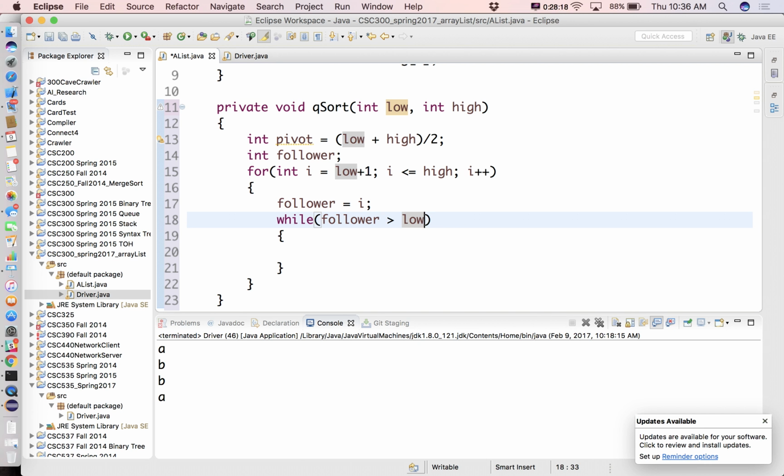Otherwise, we shouldn't even ask the question. And remember, with ands in any modern language, it won't check the second half if the first half is false. It's a waste of time. All right, so we know if we're getting to the second conditional, the second Boolean expression, that we're allowed to at least legally access those positions. Okay, so if follower is greater than low, and